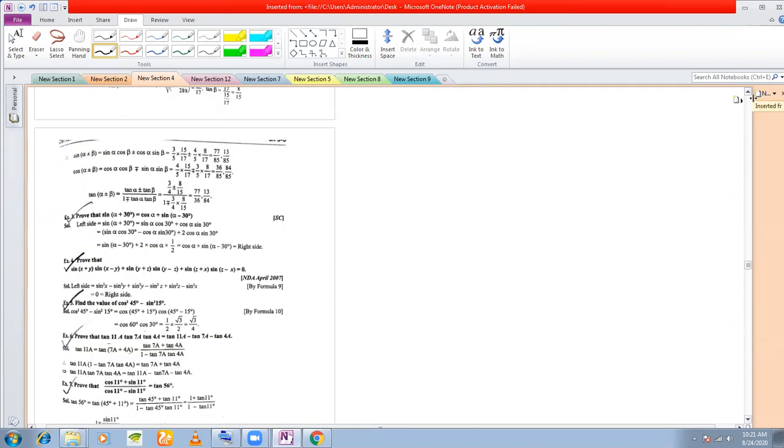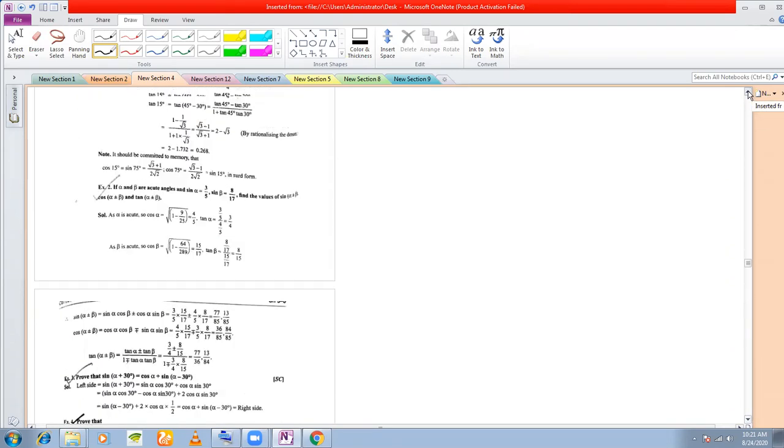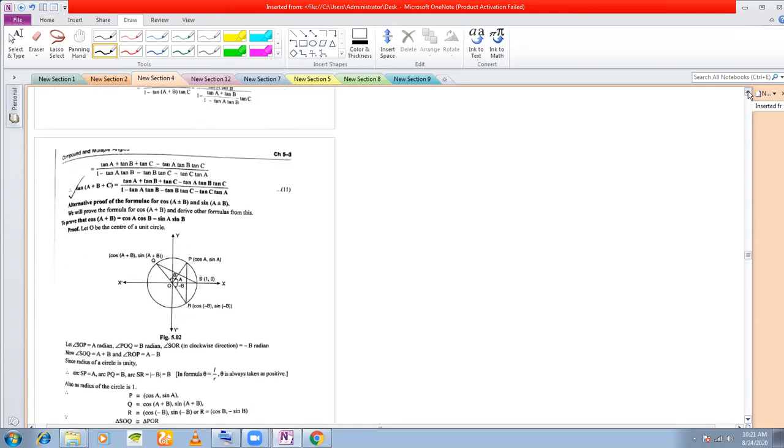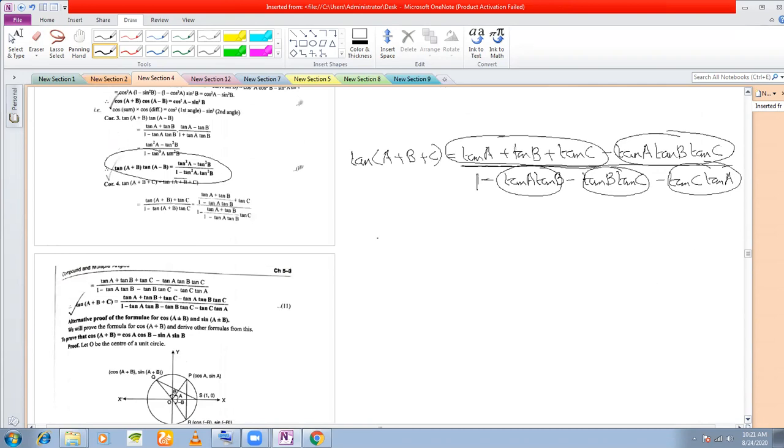Now, the basic type of sum, a very important sum that comes here, which you must remember, is how to find sine 15 degree, cos 15 degree, and ultimately tan 15 degree. In fact, the values of sine 15, cos 15, and tan 15 you will have to remember by heart. The derivation you also need to know, and also the values. So let us try out how to find sine 15 degree first.